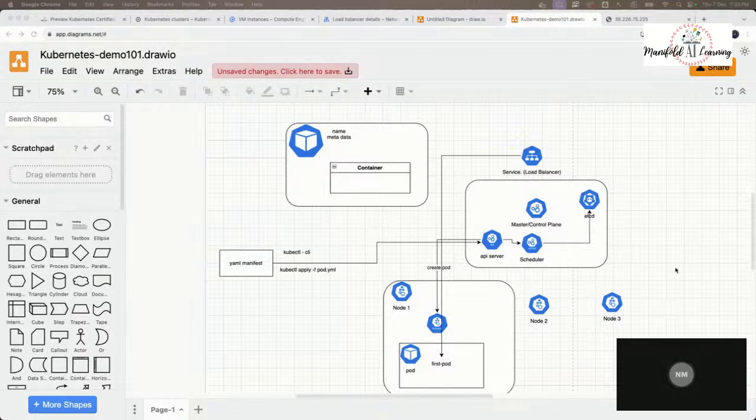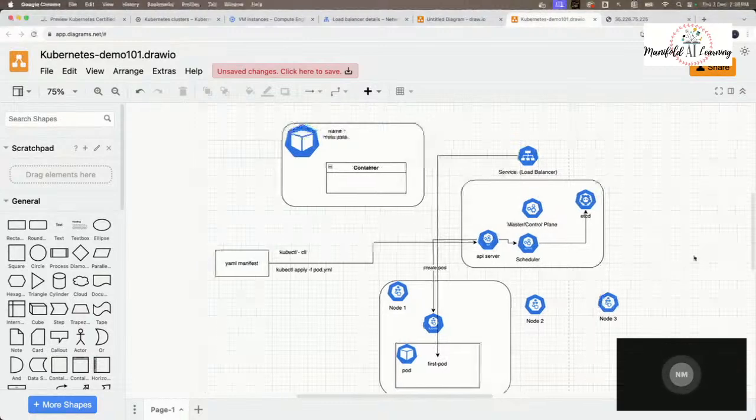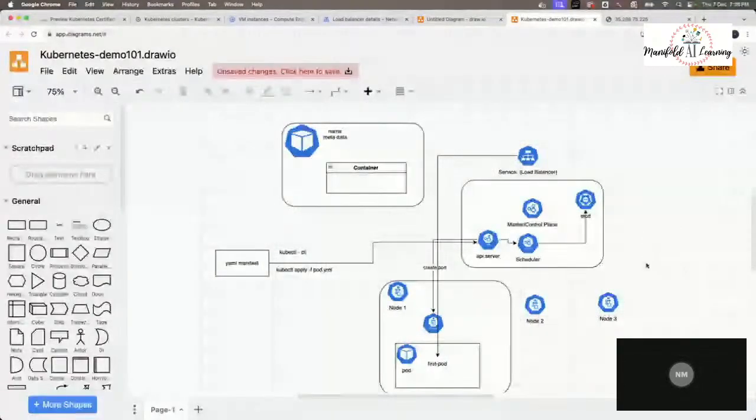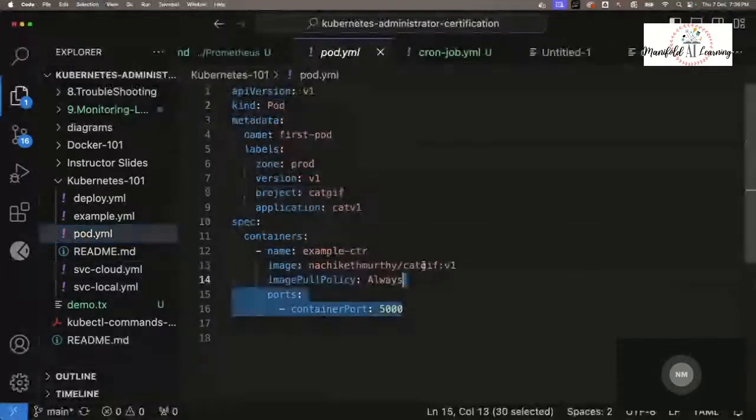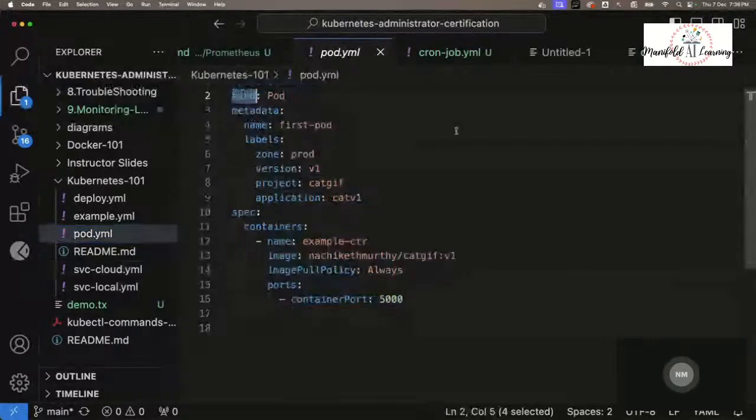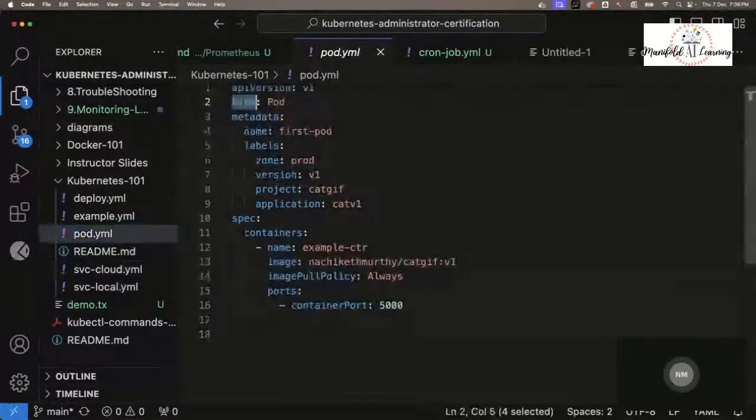Now, let us understand how we can write this YAML manifest. To start with, let me bring up the pod.yaml file. So here I've mentioned the API version and kind, right? So how do we get those values? When we are working, there's a command called